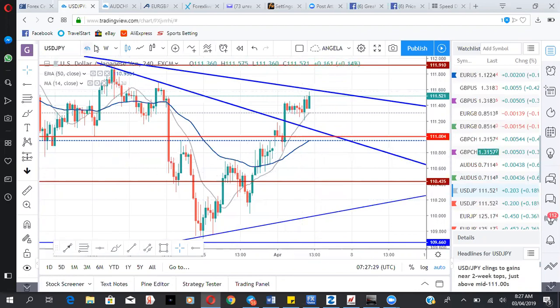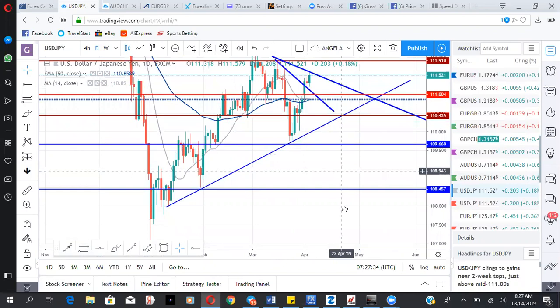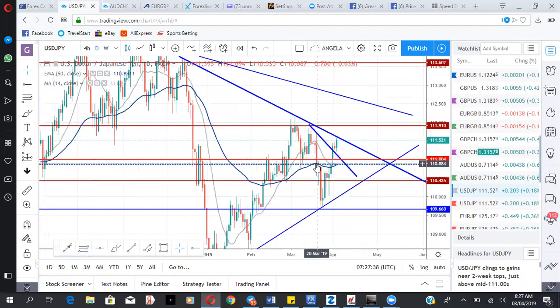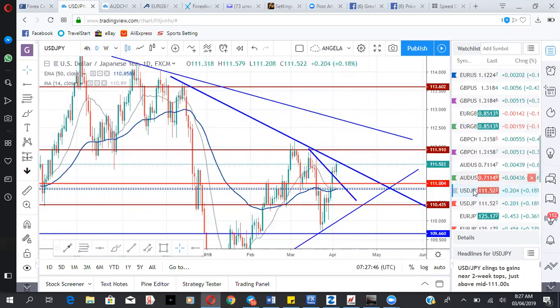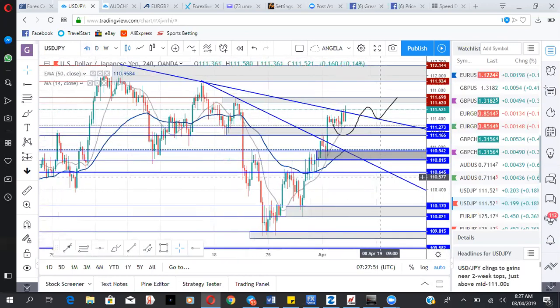This pair has been getting on a lot of people's nerves. Well, the deal is this. He has broken this trend line, this secondary trend line, and he's approaching a primary trend line as this one here. Right now, he's at that place. So knowing that, you go down to your 4-hour chart. I go down to my 4-hour chart. As you can see,